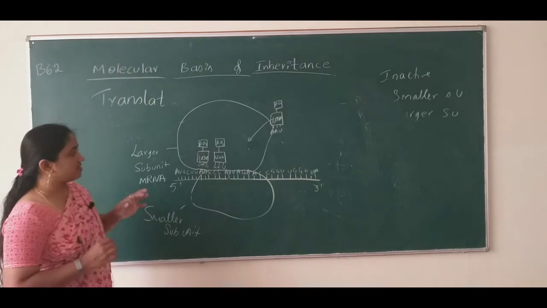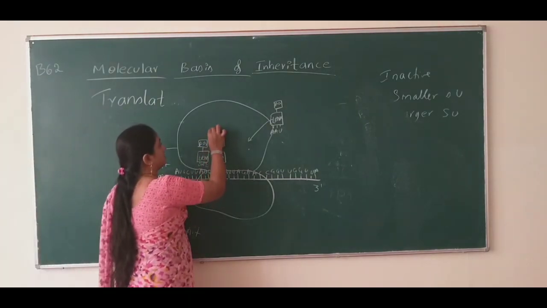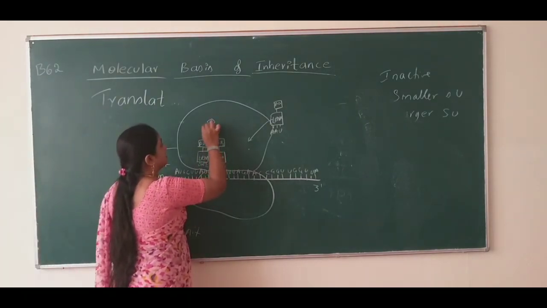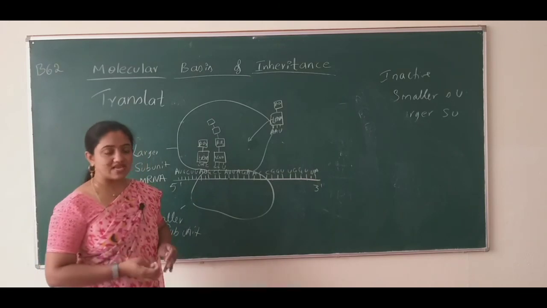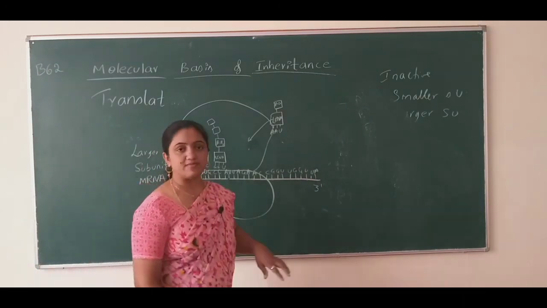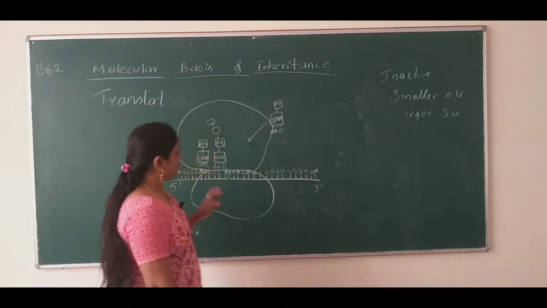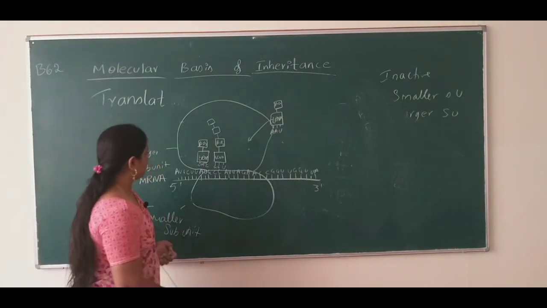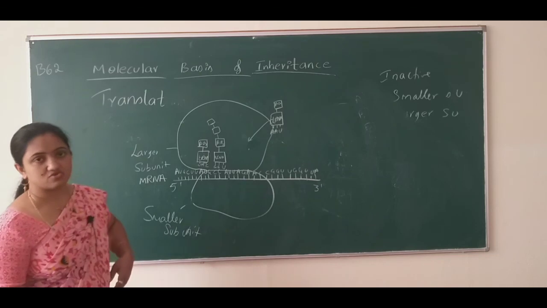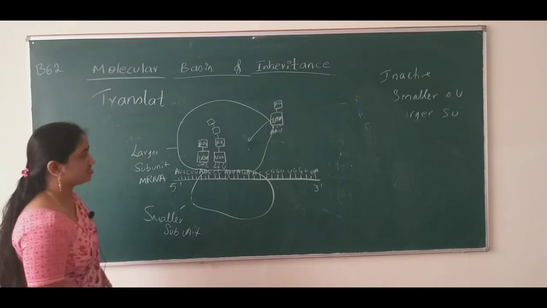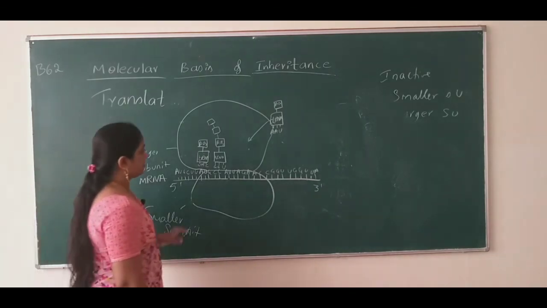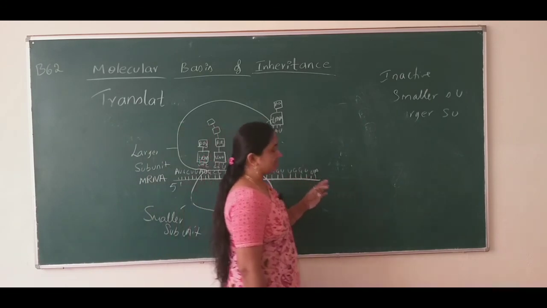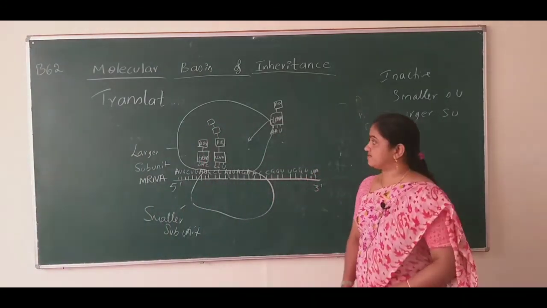In the book they have shown a number of amino acids like valine, tyrosine, alanine and leucine. They have given a number of names, and you can copy that. If you write this diagram in your examination, and they ask you to write the description of translation, you'll get full marks. Don't forget to write the labelings and all. Okay, thank you.